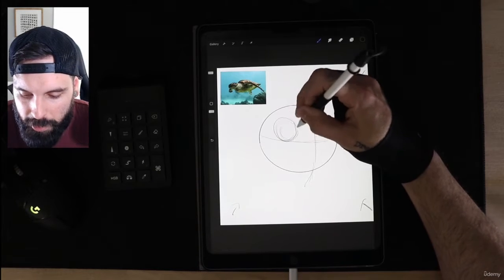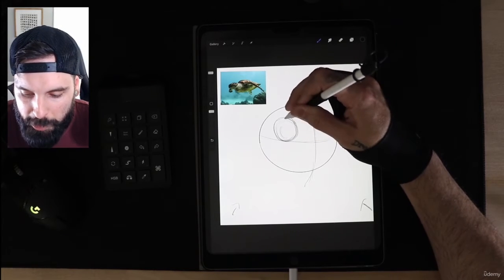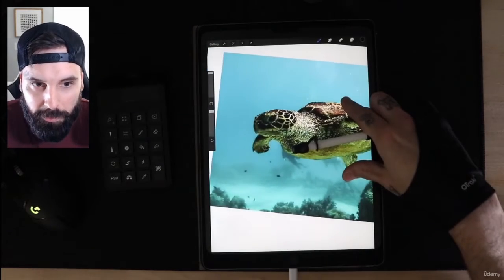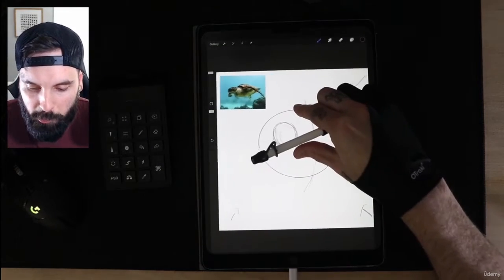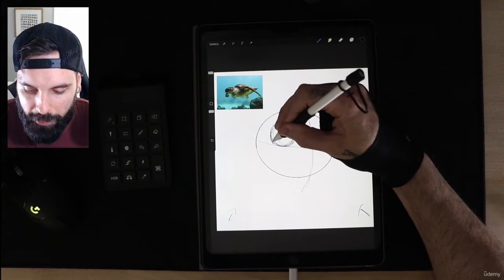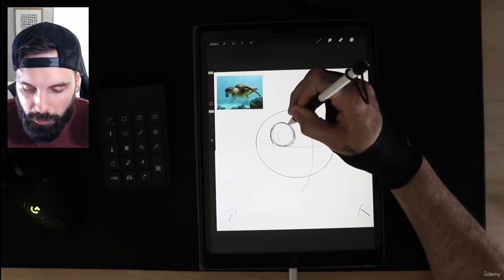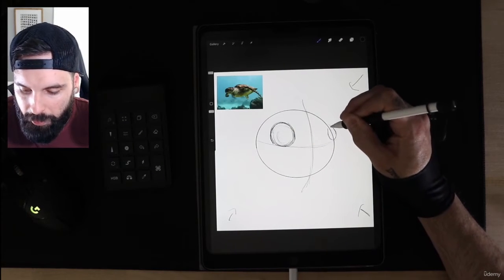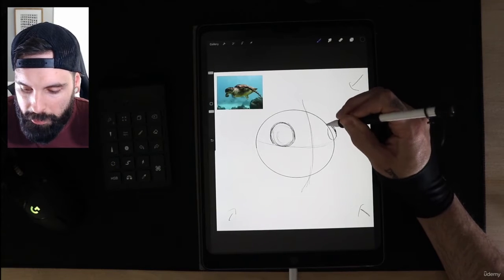We know it's an eye. We know that the eye is shaped like an oval. In this case, you can see here in the reference, it's kind of more ovally shaped and kind of more pointy. Not a big deal. I don't really mind it being not so oval or oval. It's all right. Here, we're going to grab the other side, and I'm going to make this eye kind of